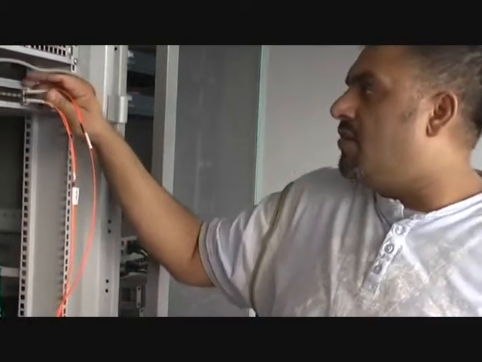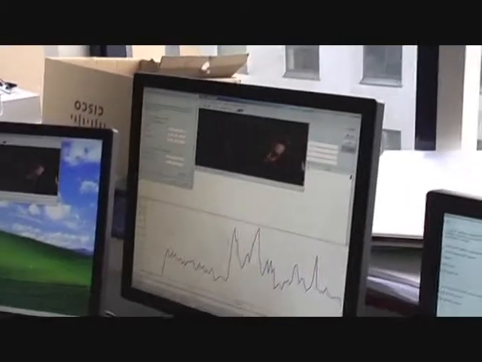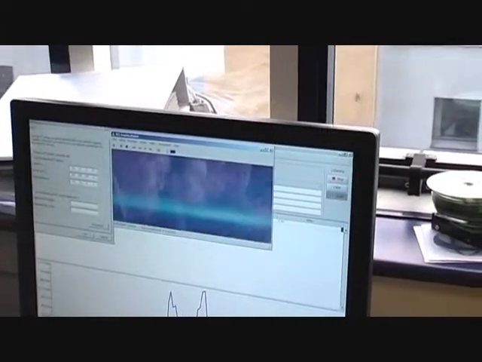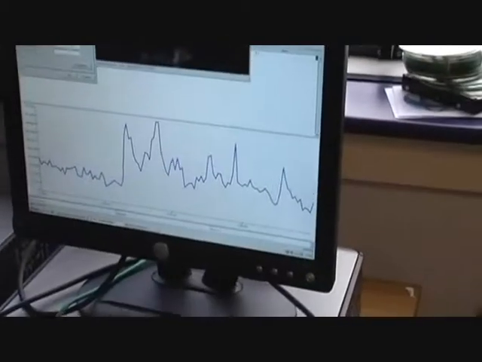Okay, I'm going to take out the first top link. If you keep watching the third machine on the right hand side, which is on the wide area network, I've taken out the link, as you can see, and you still have video streaming. You can see it graphically. And if I pull that back,